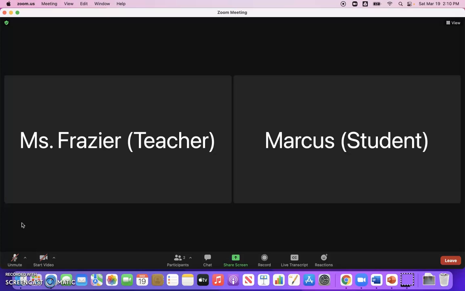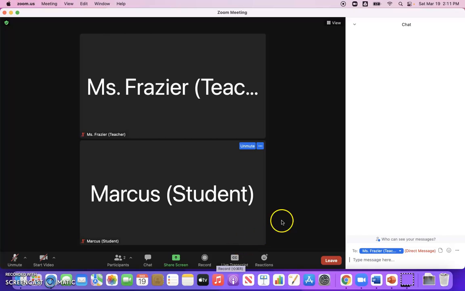Now, if you want to send a message in chat, you'll want to move down to the bottom bar in Zoom here. You can see these different options, and you see right there it says chat, C-H-A-T, and you just click the button.